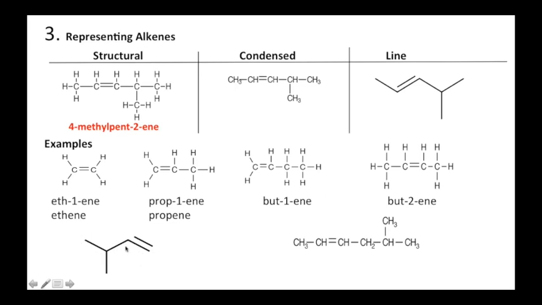Okay, how would you name this one? Give that a try. If you don't want to know right away, just pause me. Alright, well, take a look. We'd number it 1, 2, 3, 4. There's my parent, but-1-ene, with a methyl branch,